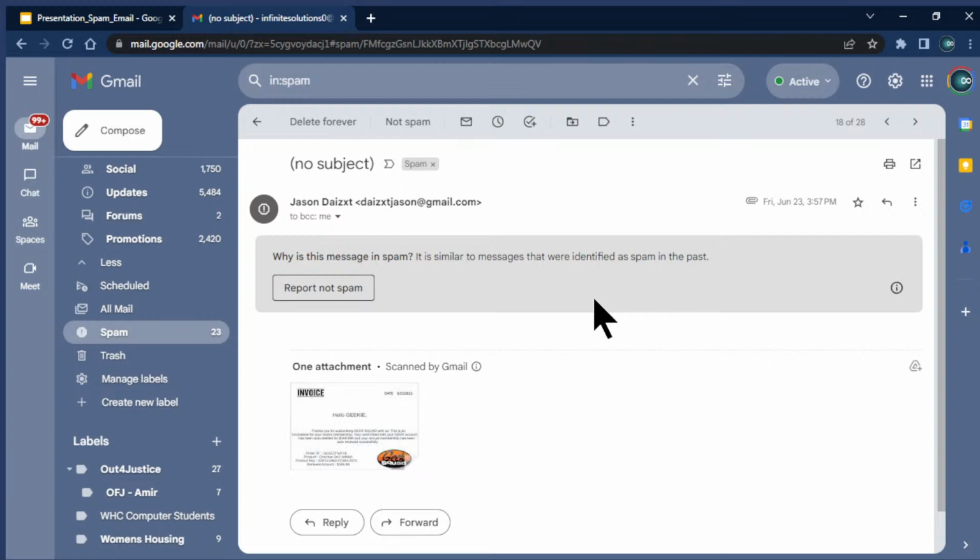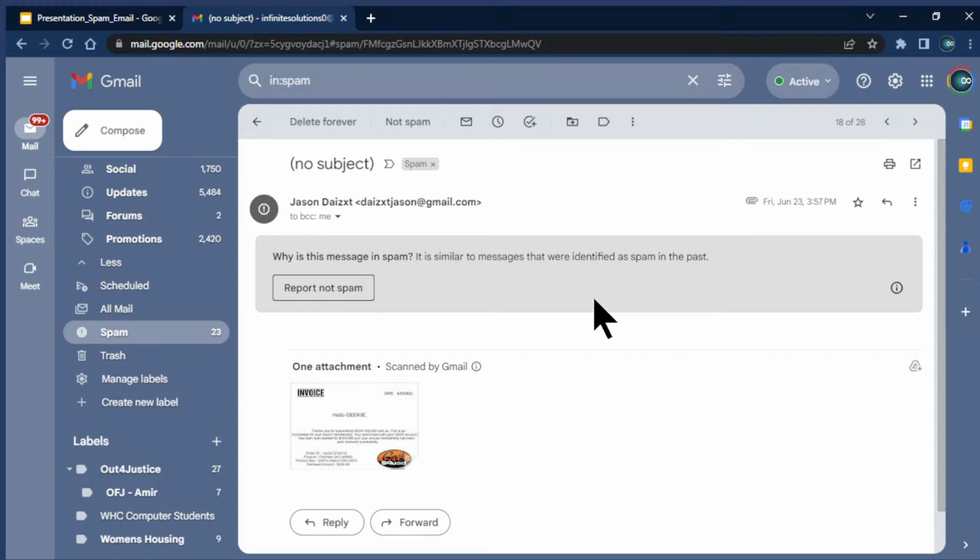Now, when you do get spam emails, it's safe to click on the email. All right. Nothing at this point is going to get infected. Nothing should happen. This email is safe to click and look at. The issue comes when you click on any links or download any attachments, right? So I'm already familiar with this email. It definitely is spam, and I'm going to show you how to identify things you can look at to identify this as spam.